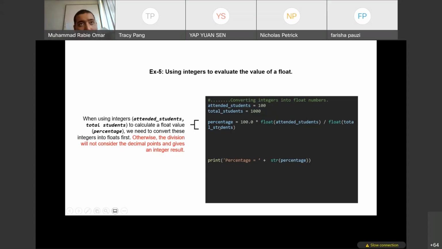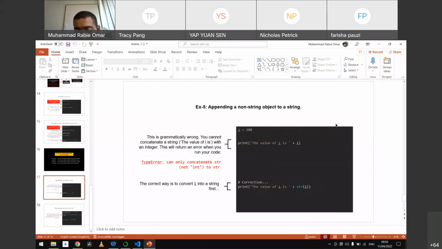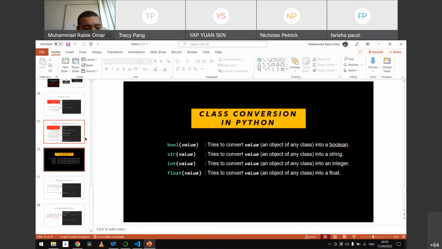So we have two types of divisions. The first one is the integer division, and the other is the standard division. The standard division will not ignore the decimal places, but the integer division will ignore any decimal places. What else? Okay, so this is the idea, yeah? So that's for lesson